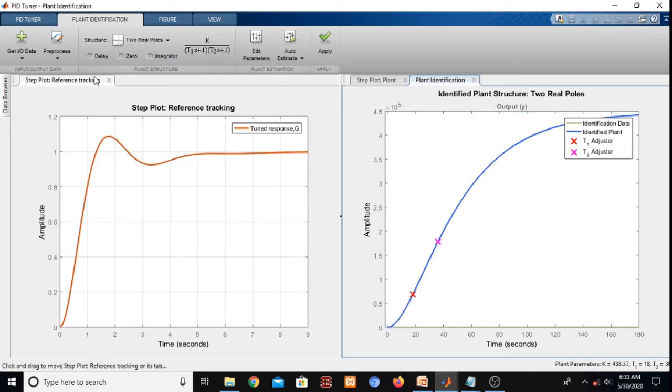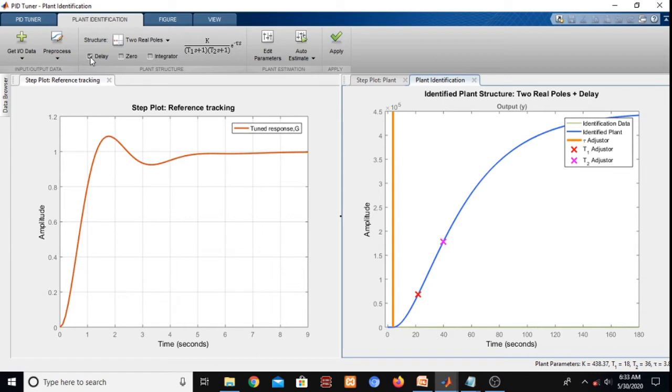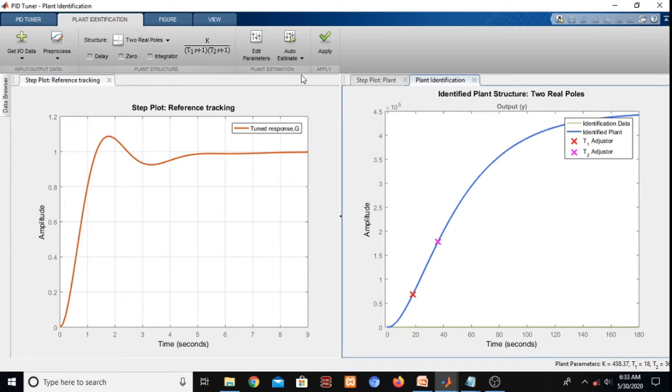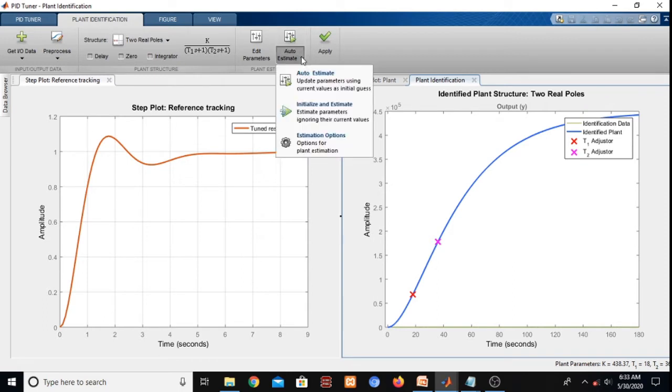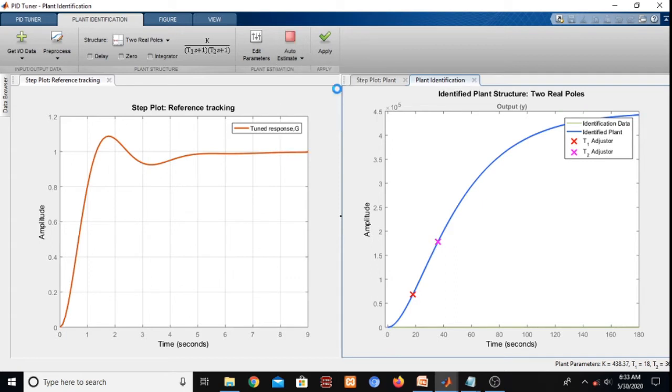And let us consider that it has also got a delay. This choice of a delay you can give later also. And then go for an auto estimation of the plant equation. Here you mention update parameter using current values as initial guess. So do this.